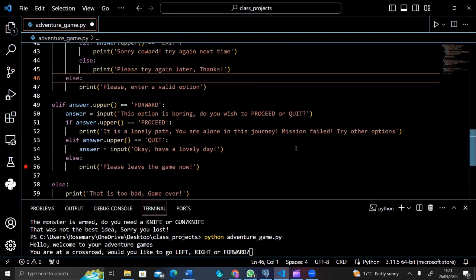forward, okay? So if it is forward, you can add more options, like the option is boring. Do you wish to proceed or quit? Then you can say if answer is proceed, print, da da da da, then elif, quit. You know,